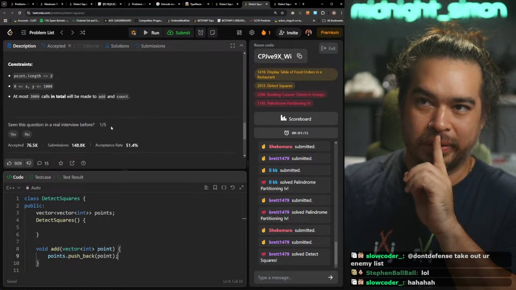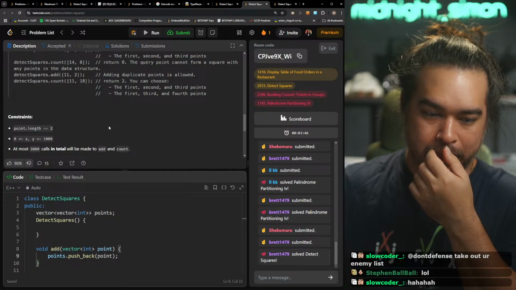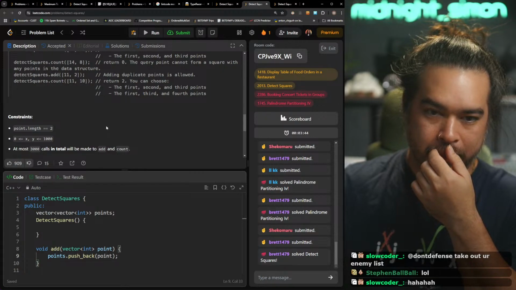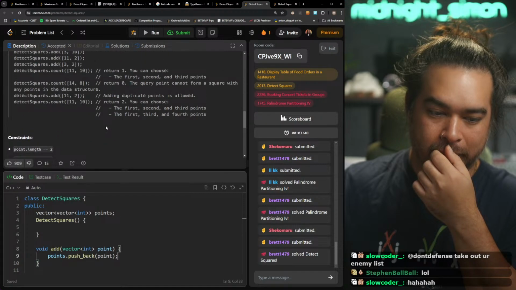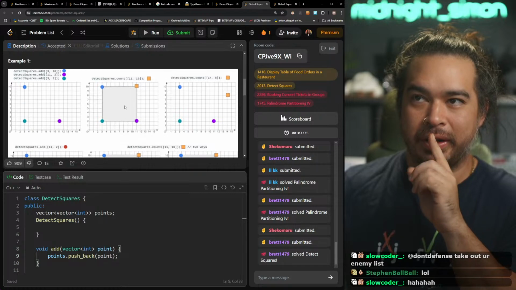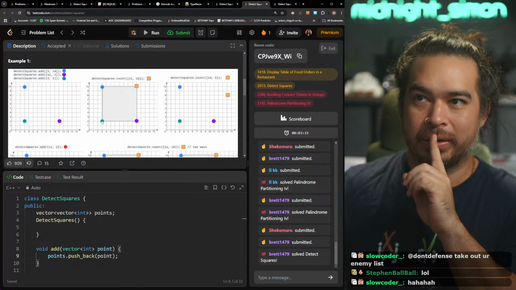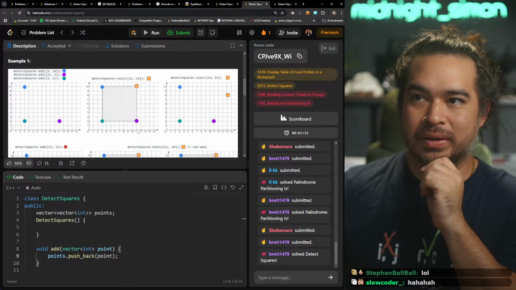Alright, so now, well, if they're on the same diagonal, then I need to check. So this is 3, 2, this is 11, 10.